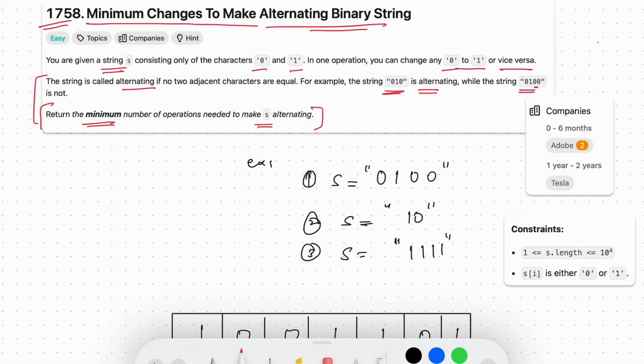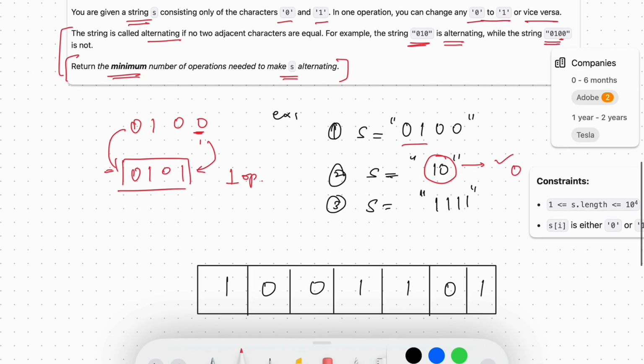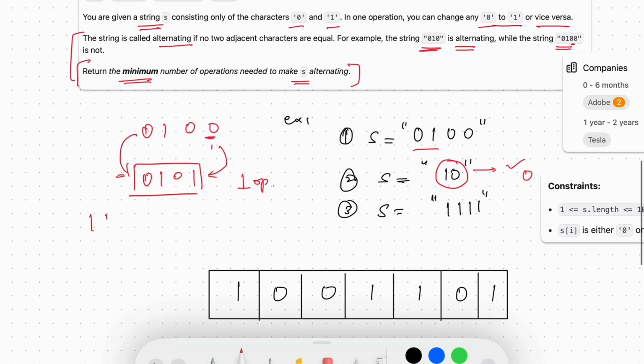Okay, now have a look at our first example, 0 1 0 0. If we have to convert this string to an alternating string, what we can do is convert this last 0 to 1, and it will become alternating, 0 1 0 1. And in this conversion we required one operation. And if we have to convert this 10 to alternating, it is already alternating, so zero operations will be required. So for 1111,